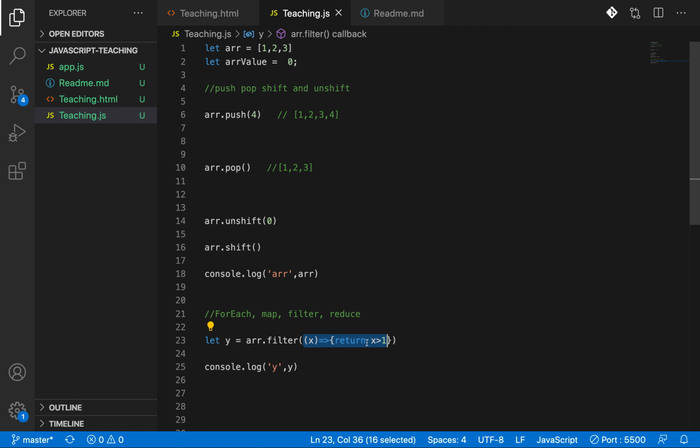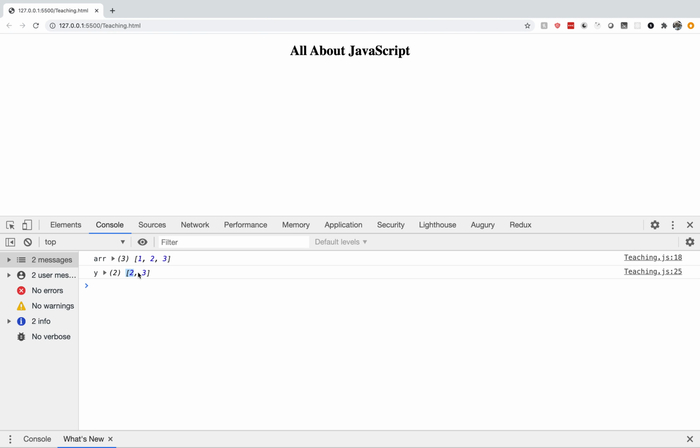Array.filter also creates a new array and doesn't change the original array. 2 greater than 1 is true, so it is pushed to the new array. 3 greater than 1 is true, so it is pushed too. That's why we get only 2, 3.